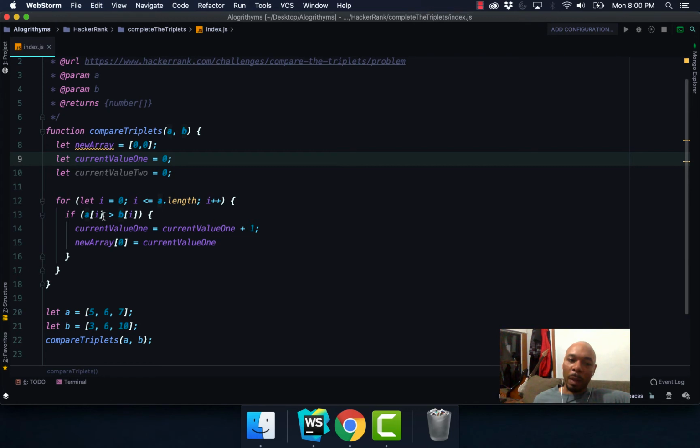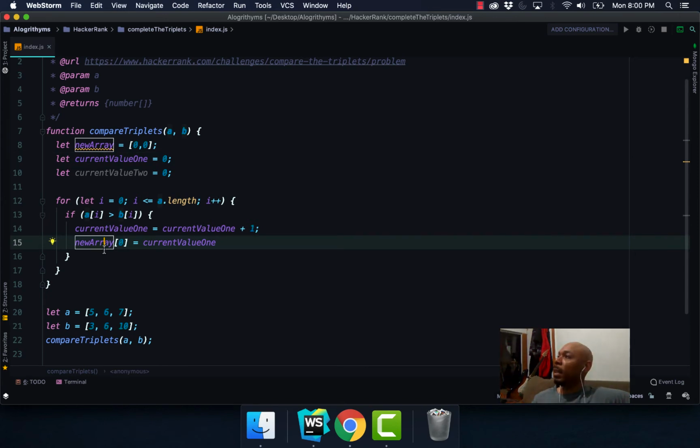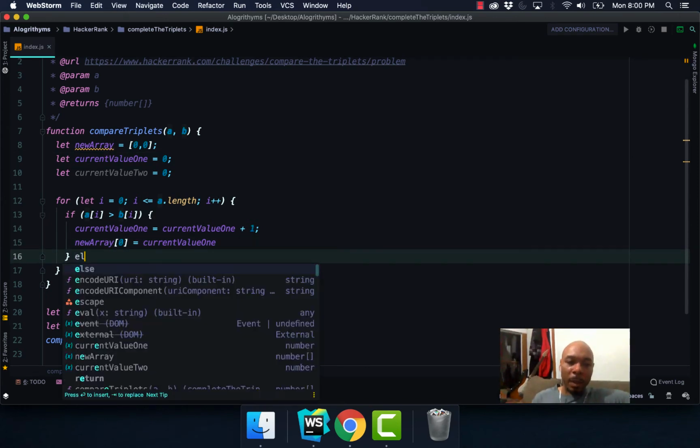All right. So if A is greater than B, the current value 1 is equal to the current value 1 plus 1. So we're basically incrementing the value of A's. And then we're going to put that into the zero index because zero index represents how many times Alice has been greater than Bob, because we're going to return an array. So if this is met, else if,